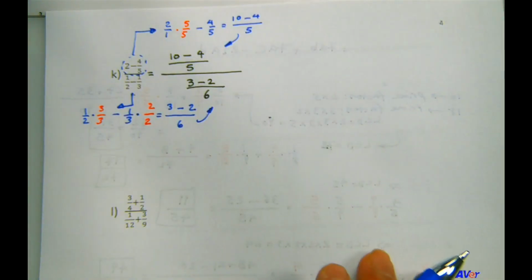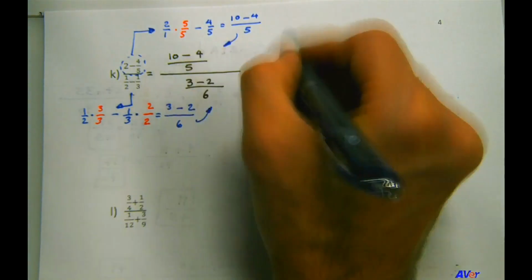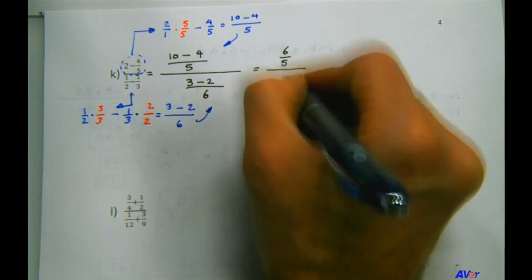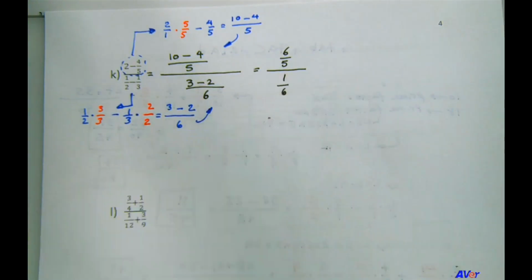I'm trying not to make this page too crowded. At the same time, I want to show you what's going on. Okay, so now let's simplify things. 10 minus 4 is 6 over 5 divided by 1 over 6. So